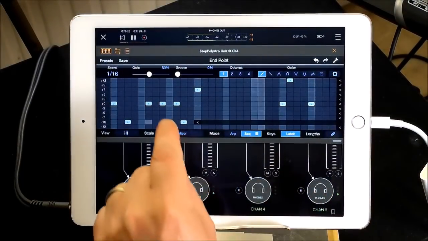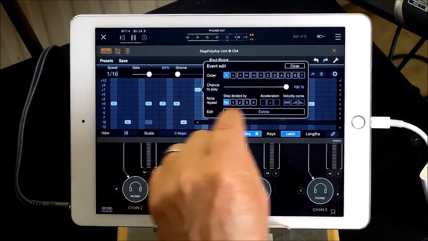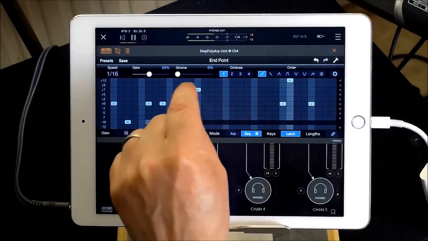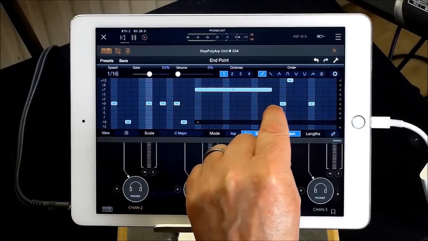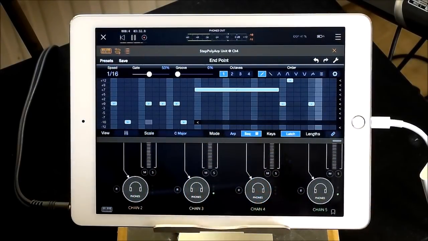Go back to StepPolyArp, and what I'll do with this note here, okay, I'll increase the length of that note. And because on Kauldron it's a short release,